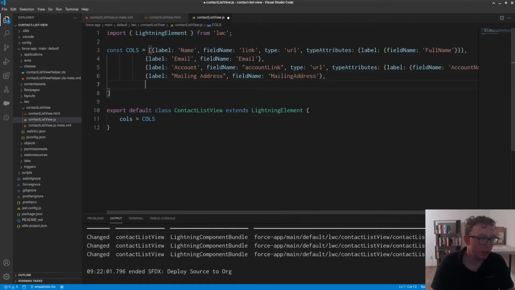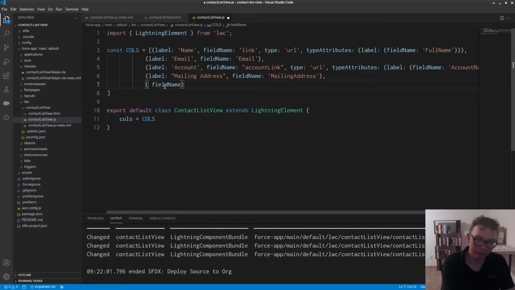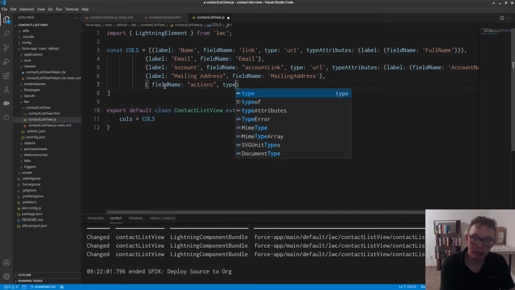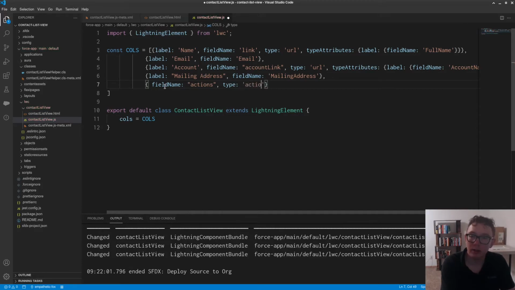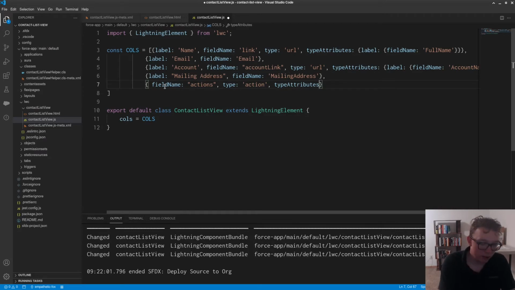And we'll need an actions column. This is what shows up as the final column in the row. And this is actually a little bit different. So we don't need a label because it won't be necessary. It'll be pretty obvious. I'm going to call the field name actions. And we need a type of action. And we'll need the type attributes, which will again take in an object here. And we need a row actions,